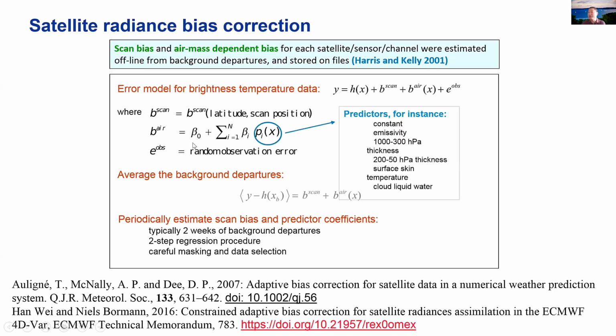So here is mainly what the bias correction looks like. Here's a constant term and also some predictors with coefficients. These are predictors for different NWP centers. Actually, they use different predictors, for example the European Center and NCEP. Here is an example of the European Center's predictors. And in UFO currently we read the coefficients and calculate the predictors and then sum them up to do